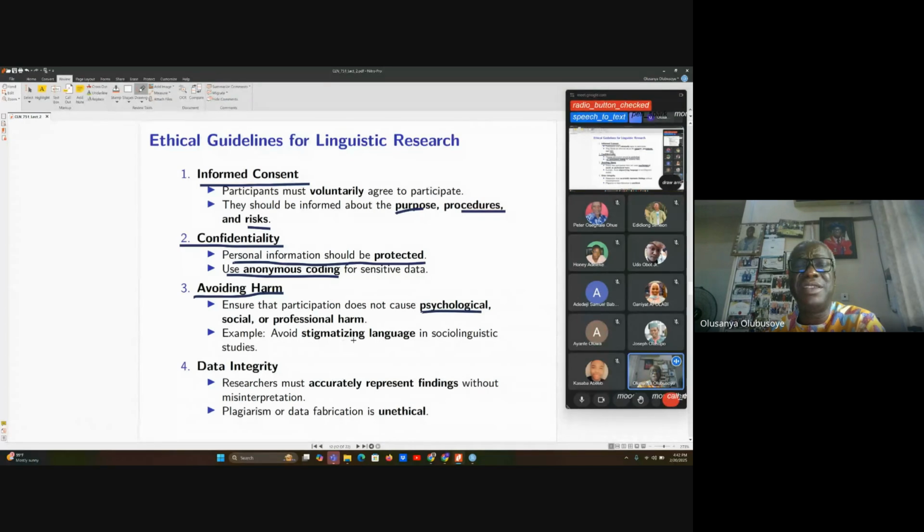Avoid stigmatizing language in sociolinguistic study. Then you must ensure data integrity. Don't manipulate data. Don't change yes to no, no to yes. You must report accurate findings. Don't misrepresent your